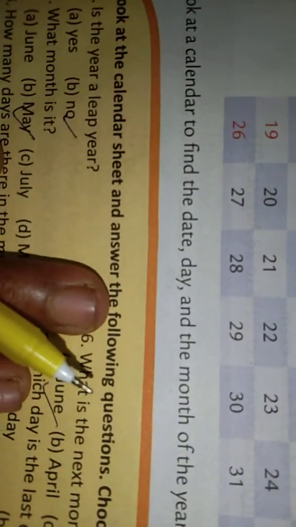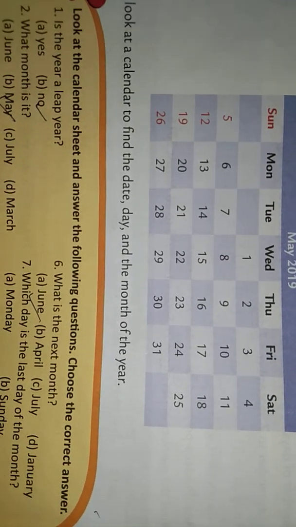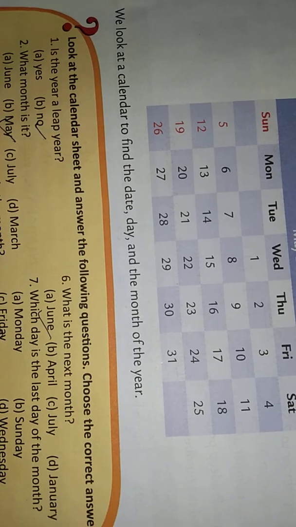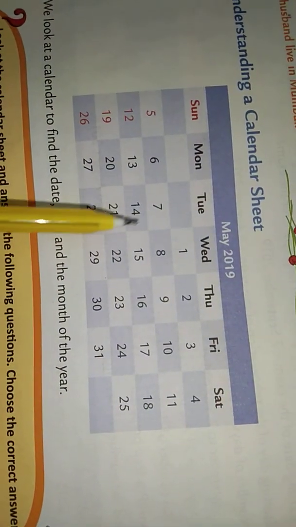Not only that, I think you all get the new calendar of this year. Please go through it and find out this type of exciting things from that calendar. You can find out your birthdays, your family members' birthdays, and your teachers' birthdays. You can find out and wish them. You can find out your dearest person's birthdays, your friends' birthdays, and wish them. Important days you can find out from the calendar. Independence Day and Republic Day, just like other holidays you can check. Please go through it and try to understand the new calendar.